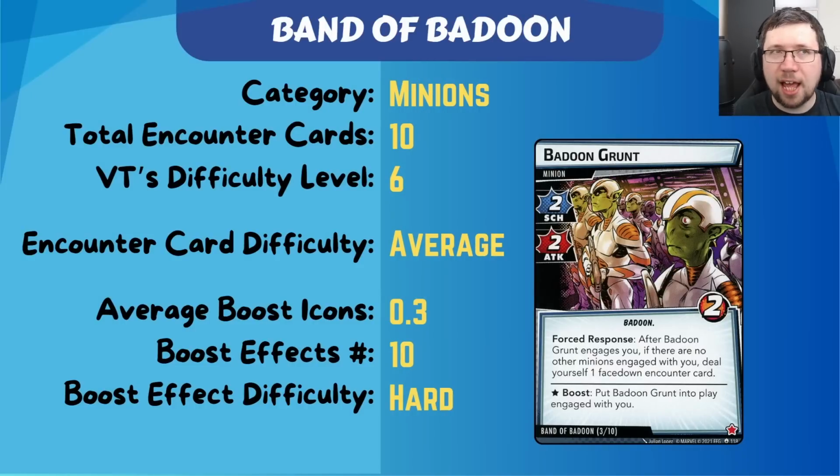When people think of this set, I think they believe it's easy because Drang, who it's normally found in, is relatively easy. But the Band of Badoon set is actually kind of challenging, and I almost had it in the category above this, difficulty level 7. It's not that difficult, but it is still difficult because of Badoon Grunt. There's a couple copies of this guy, and when he engages you, you basically get an extra encounter